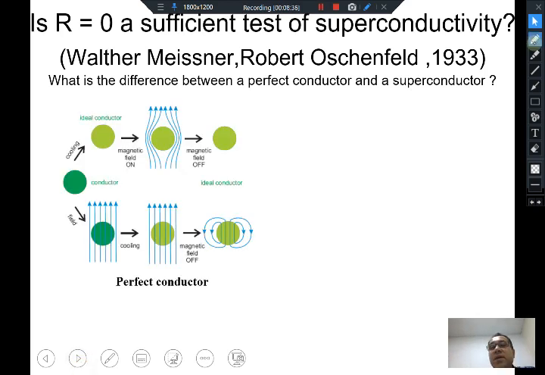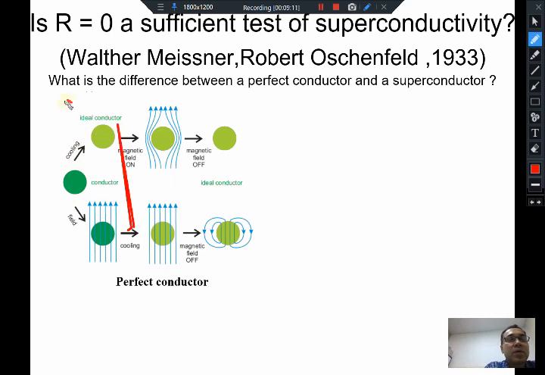Let us first take this metal and cool it, so that T is less than Tc.